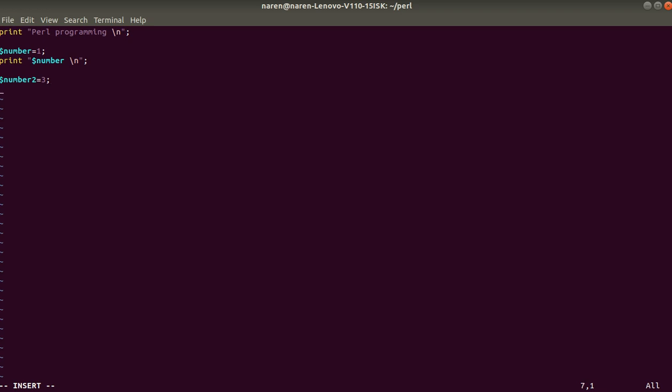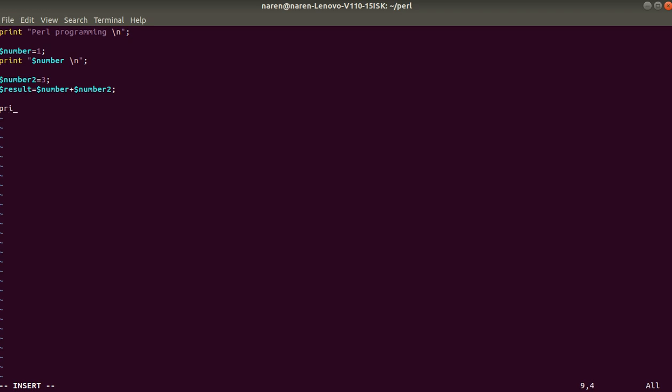Then take $result equal to, here also we need to take $number. So when we are using a variable, the dollar is required by default each time. So $number and $number2, then a semicolon. If you forget the semicolon, it will throw a syntax error.